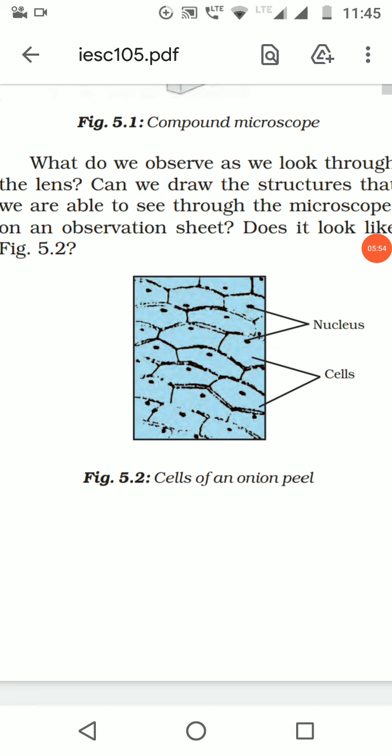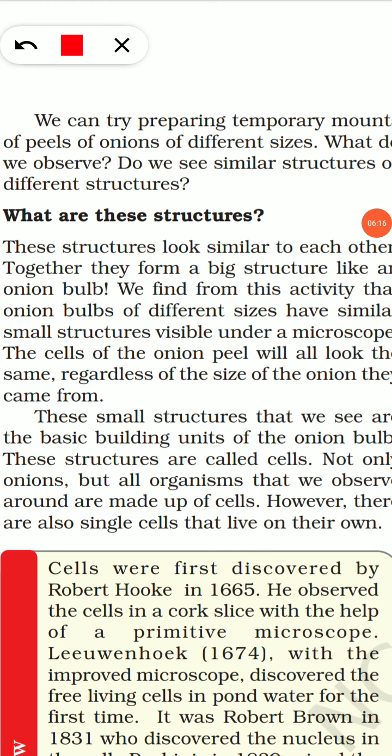Okay, now the question arises. Next question is, what is the structure of a cell? So the structure of a cell will depend on the function that it does. When I talk about the size of a cell, it can be 0.3 micrometers. It can range up to 1 meter even. So the sizes are very, very small.